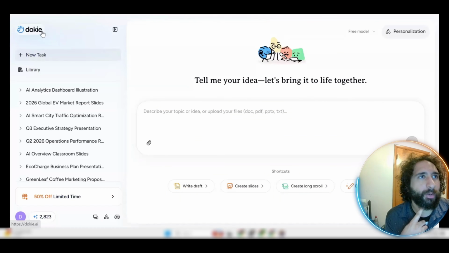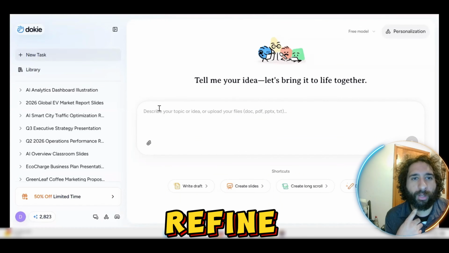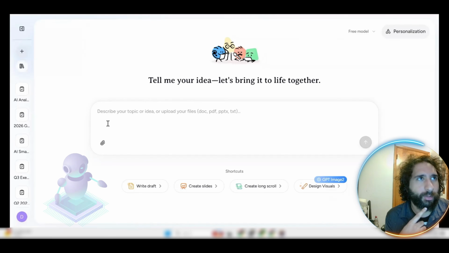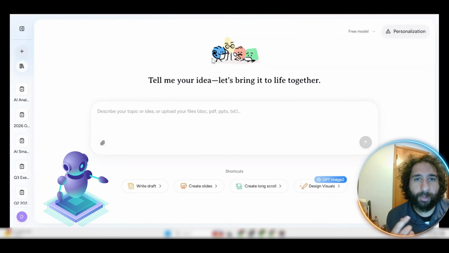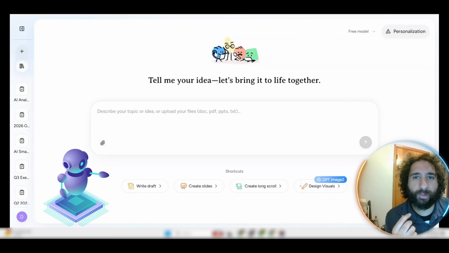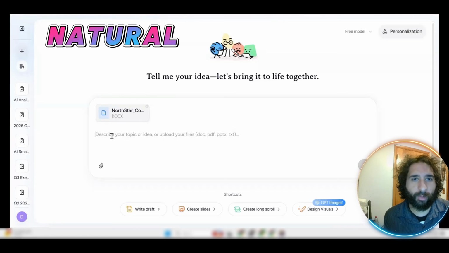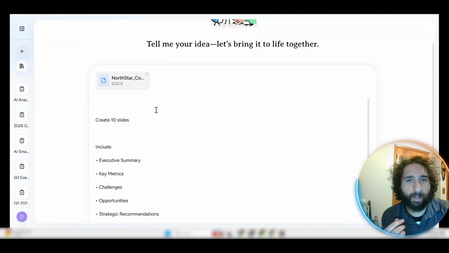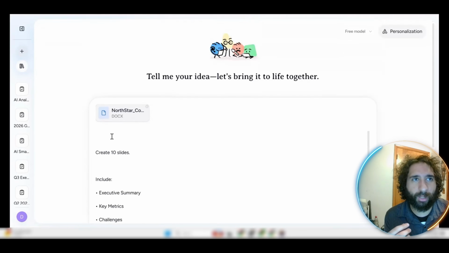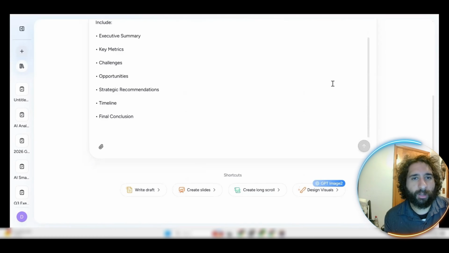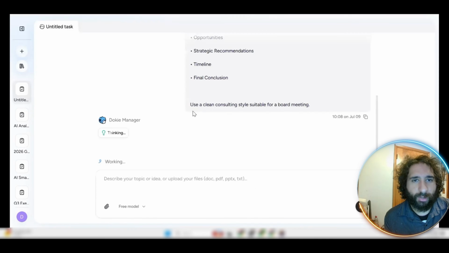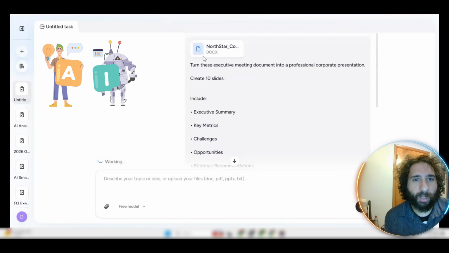As we can see here, you can refine your presentation with Dokie. You can go ahead and just tell it your idea. So with Dokie, you just jump into a presentation simply by talking to the interface. That's all you have to do. Just make natural structural adjustments. So I'm going to put my doc here, or I can use the menu, whichever one. But here I can just talk to it like I would ChatGPT. And if you're using the menu system for precise changes, you can do that to describe it to the AI, and then